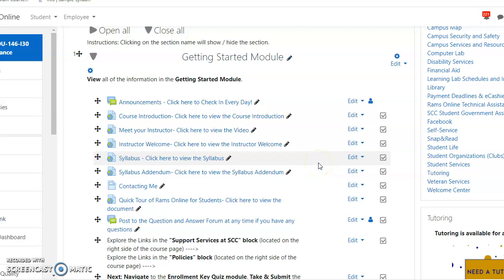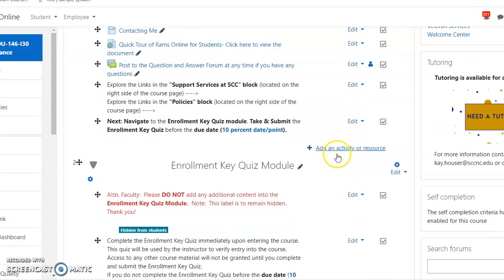Hello. Okay, so in regards to ED 146 Child Guidance, by now you should have gone through all the information up here, lots of important information, as far as what's expected of you, what you can expect from me, etc. So, if you have not done that, you need to make sure you've looked at all that information.